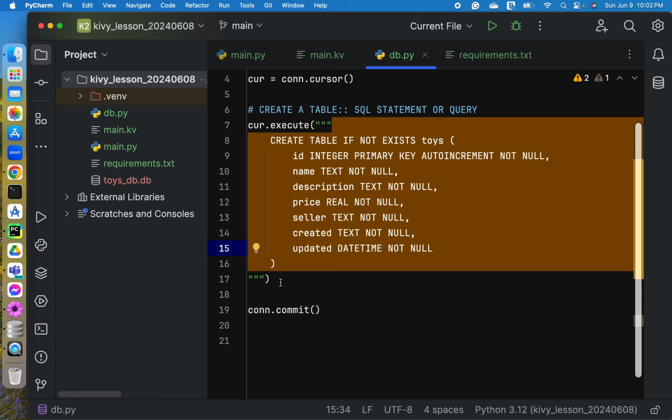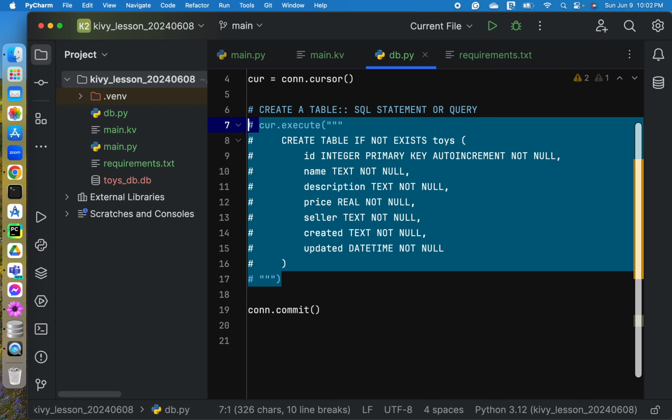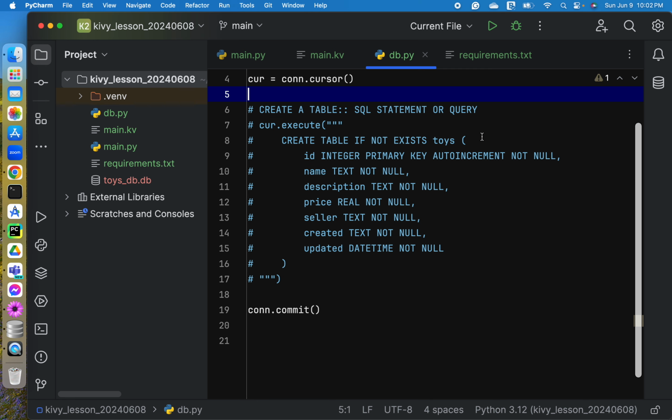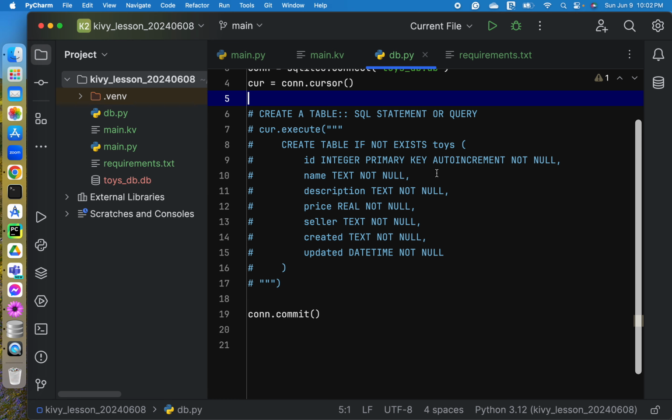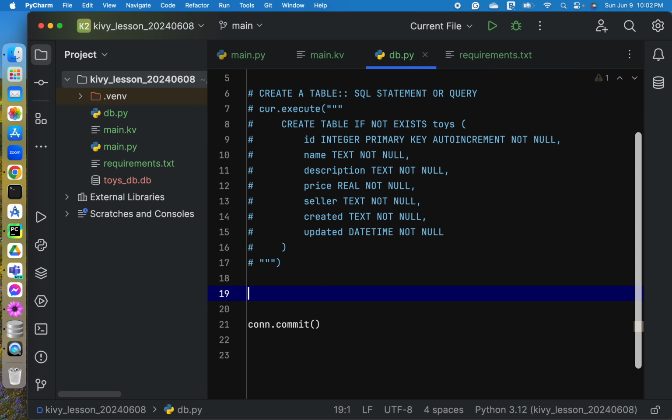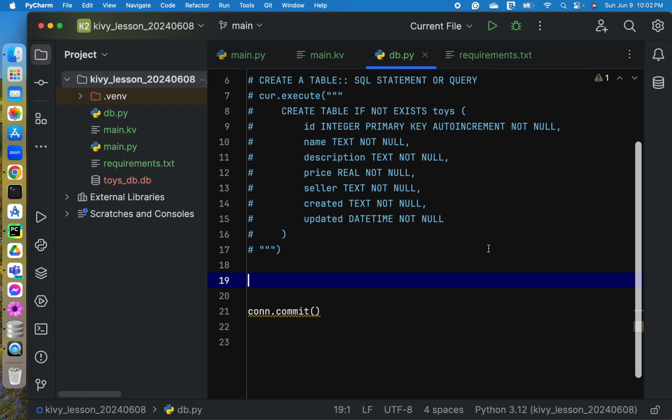So for this, we can comment this out now because we don't need this anymore. We have already created the table. Now, let's insert some data to the table.